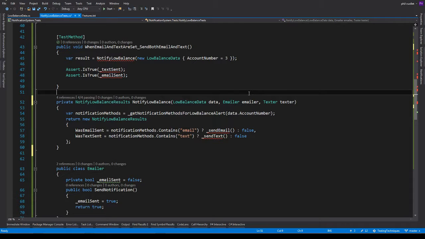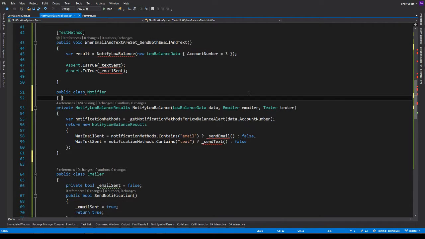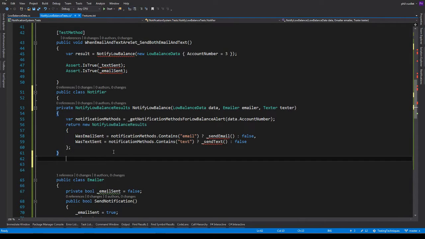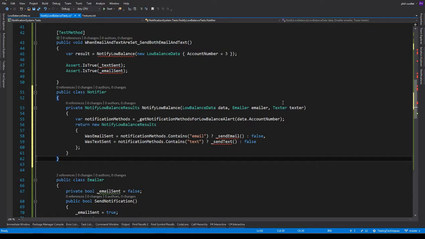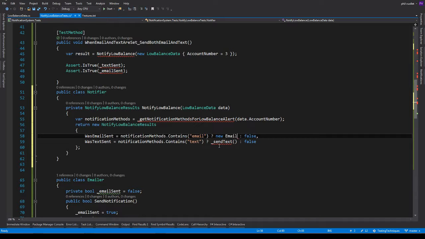I don't really like this. I kind of feel like it's time to make a class and put this into notifier, because we don't really know whether we need email or a text or what kind of thing we need here. So I guess we could go ahead and do the emailer dot